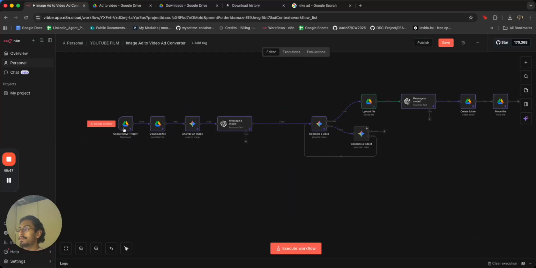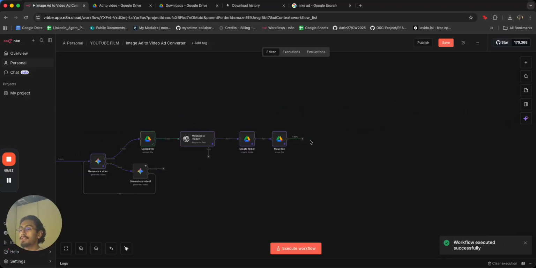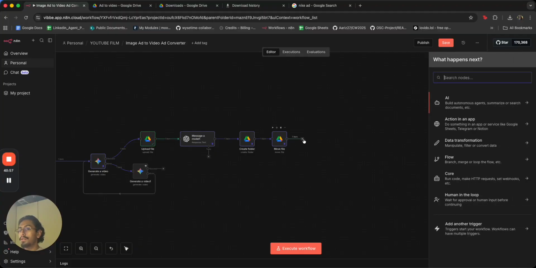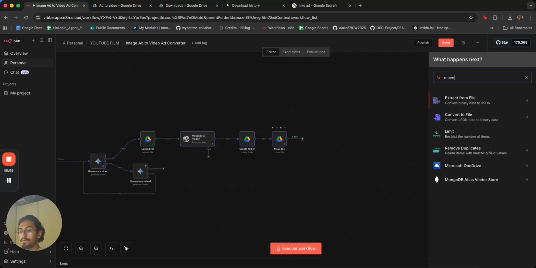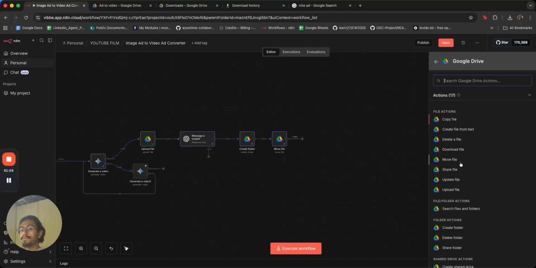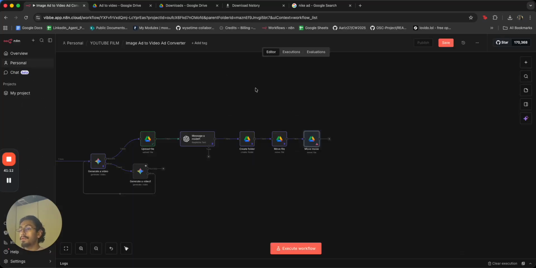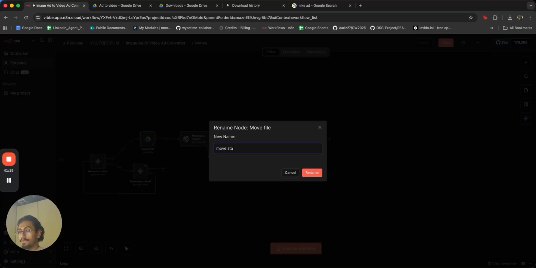Okay, so let's go here, execute workflow. It's gonna add that. This is gonna come out here. We've put that in there, and now that we've created this other folder, we're gonna go to move file. So Google Drive, move file. This is gonna be move movie. This was move